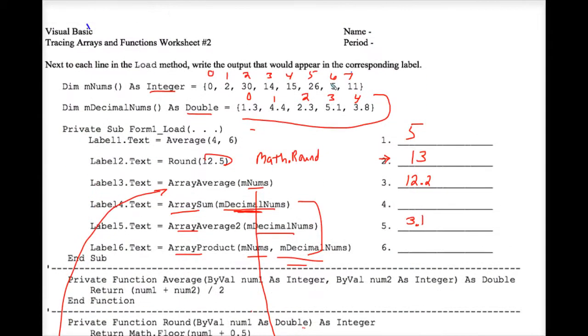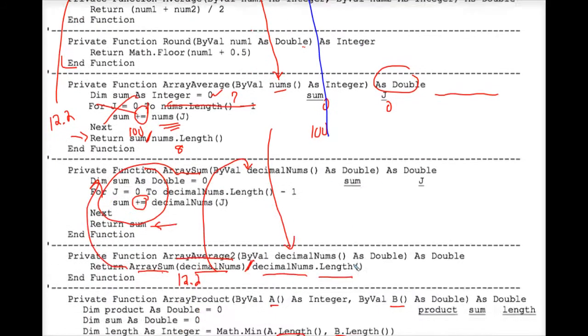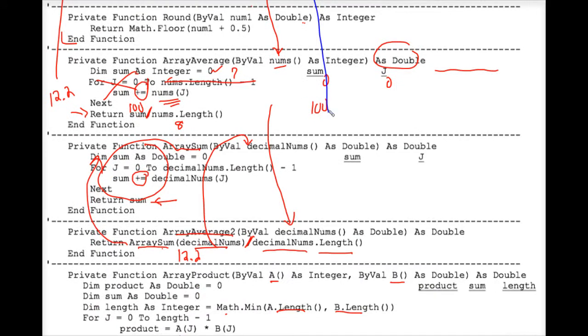Well, these 2 arrays, the shortest one is this array, m decimal numbers. So m decimal numbers has a length of 5, and m decimal numbers is what gets passed, because it's the second parameter. It gets passed and it plugs in for B,